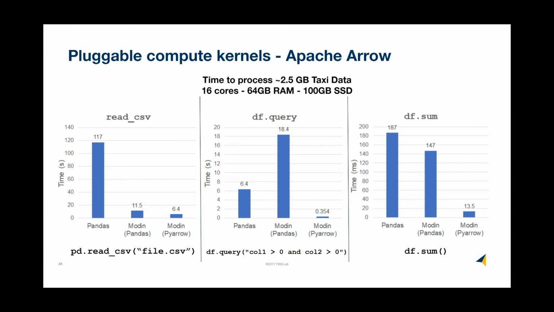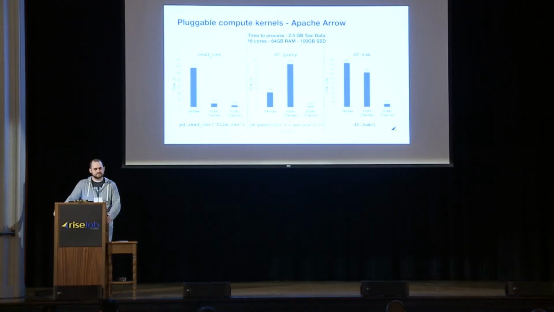And Arrow is not a distributed system, if that makes sense. So we're basically distributing the computation of Arrow in this case. It's definitely not some kind of competition in any sense of the word. They're producing really high quality, really fast compute kernels, and we're abstracted in such a way that we can plug them in and use them. Many of us in the industry are looking to Arrow as a common in-memory data format.